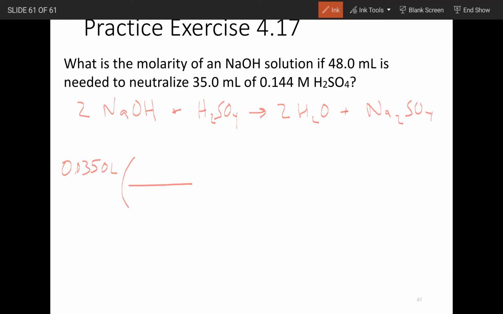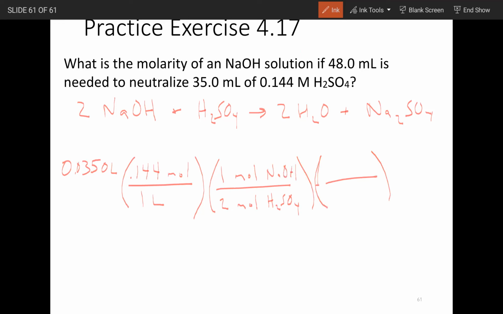And then we can use the molarity. So 1 liter will have 0.144 moles of that solution in it. And then that was describing the sulfuric acid. So for every 1 mole H2SO4, we need 2 moles sodium hydroxide, NaOH. And then with the final step here, and